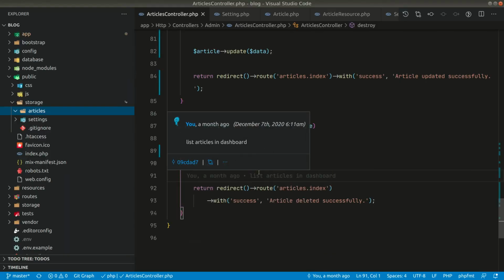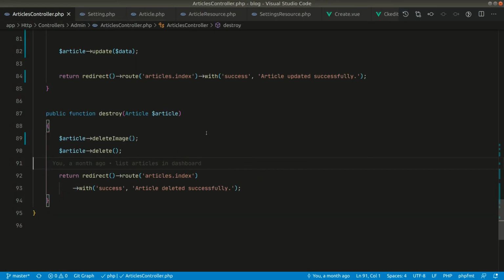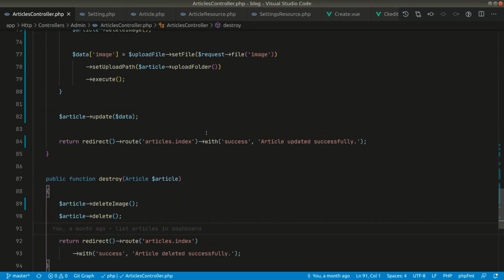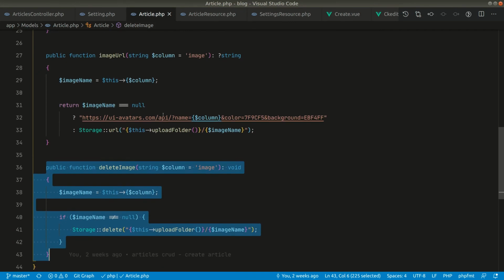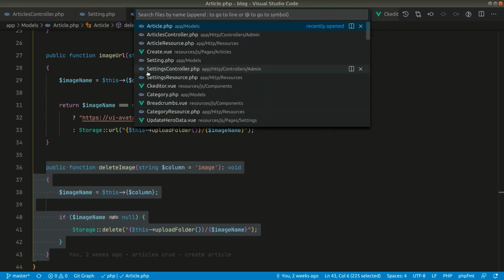So as I have mentioned in my previous video, the code is being duplicated here, which we'll be refactoring in our next video. Okay, but I'll just tell you what we will be doing in the next video. So here in the articles, I have already explained this in my previous video, but again I'll explain it. Okay, so this is the article model, and now let me go to settings here.